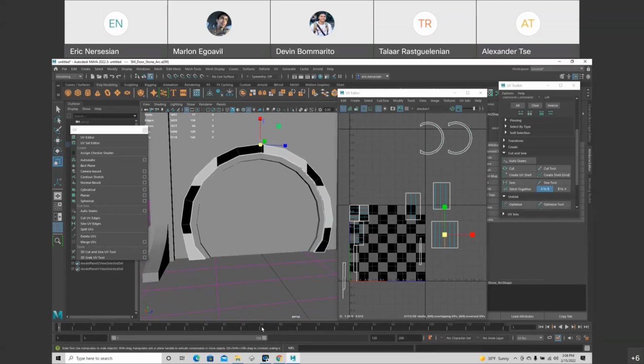So you always try to introduce cuts in strategic spots where either there's a realistic break in the material or the player would never see that thing to begin with. And sometimes you can't, you just have to have a cut out in the open and just do your best to blend it. There's too many things going on, the player won't notice it.